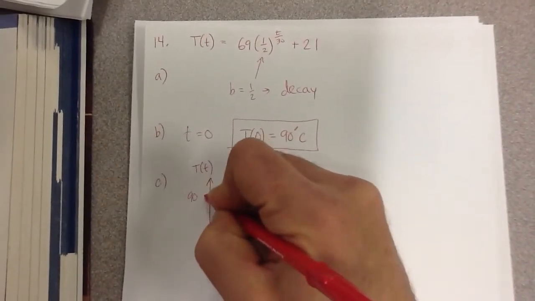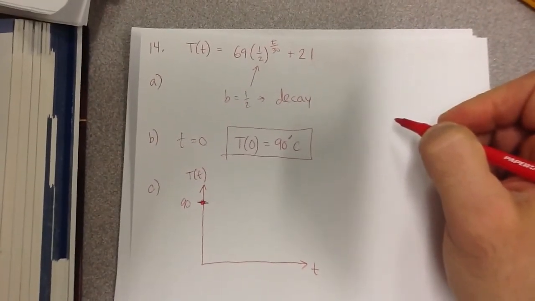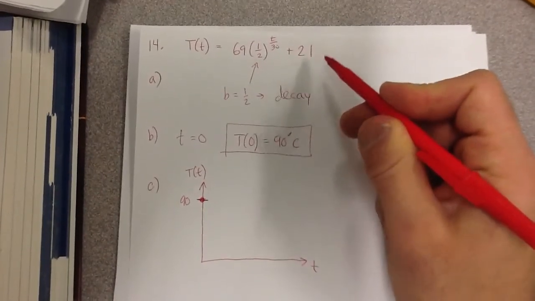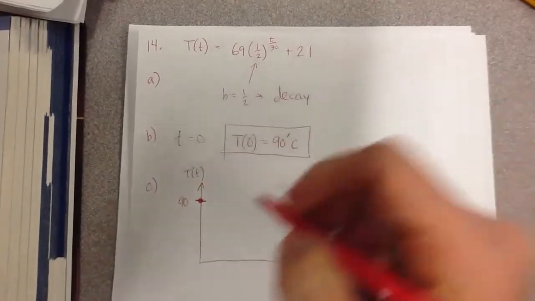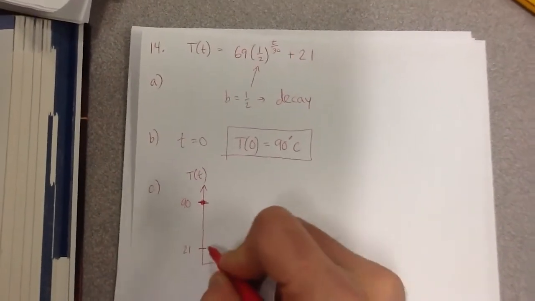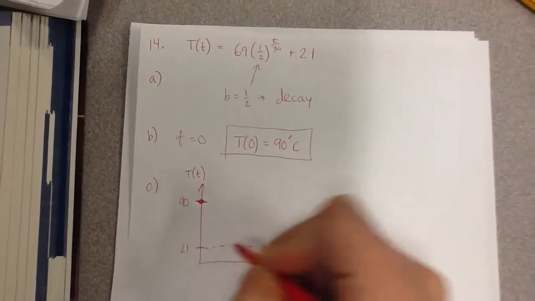And we know the equation of the horizontal asymptote. The equation of the horizontal asymptote is always your C value, it's always this 21. So if I just put 21 down here, let's say, this is the horizontal asymptote,